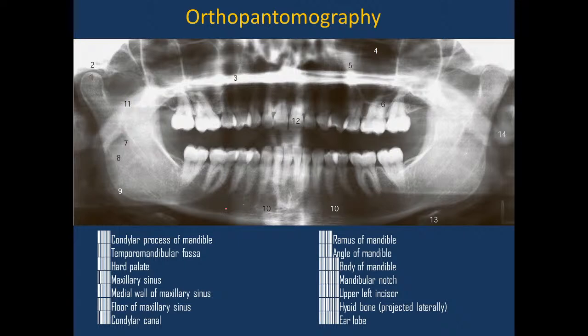Another X-ray examination used for dentists is called orthopantomography. You see all the teeth of the upper jaw, the maxilla, and the mandible, because that is a special procedure where the X-ray emitter goes around, and the receiver we put in the mouth cavity here. This is a receiver, and the X-ray comes from here, because the emitter goes around our mouth